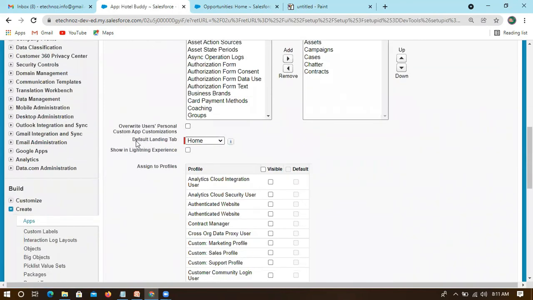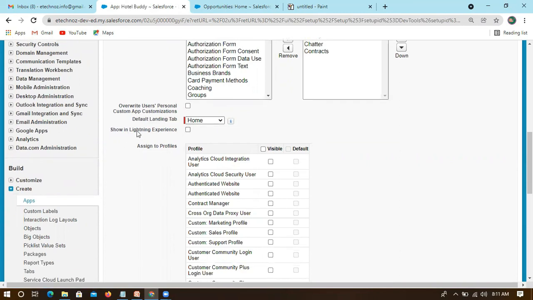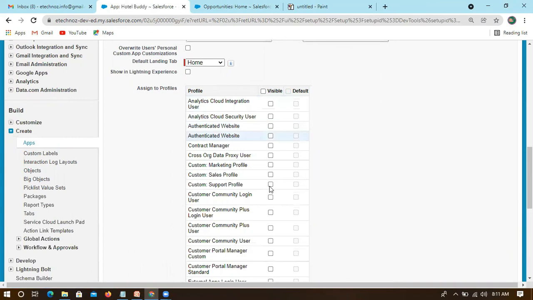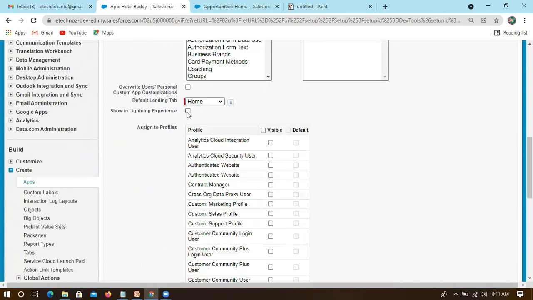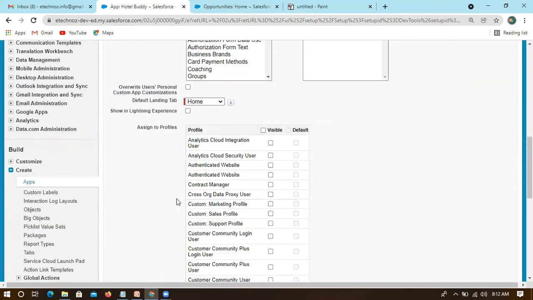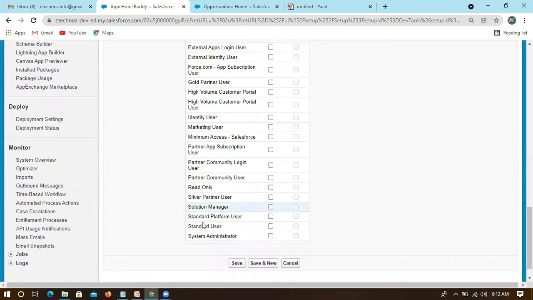You can change the landing tab also, and enable show in Lightning Experience. I think this is a new option which has come up. We will check whether we can access it in Lightning Experience also. If you can't access Lightning Experience, we just need to enable this option also. And these are all the profiles.